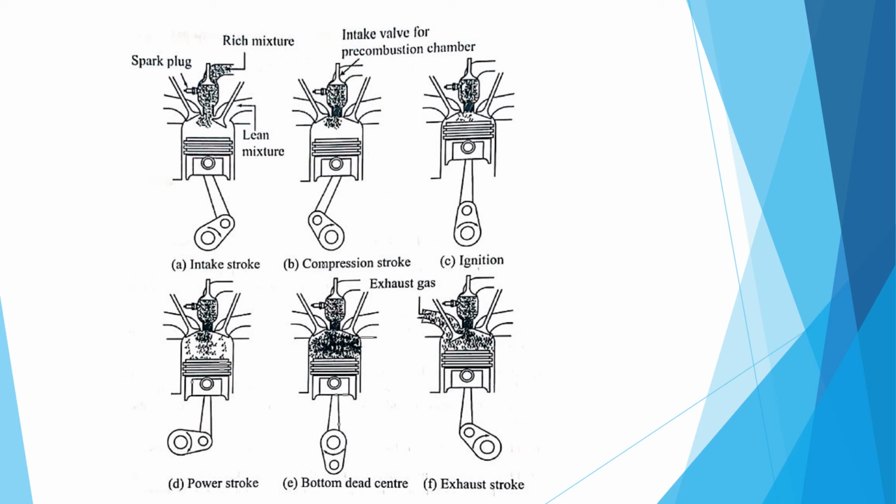Number 3. The rich mixture in the auxiliary chamber is ignited by the spark plug. The moderate mixture at the outlet of the auxiliary chamber is ignited, which ignites the lean mixture in the main combustion chamber. The lean mixture continues to burn slowly. Number 6. The temperature of the burned gas remains relatively high for a long duration.